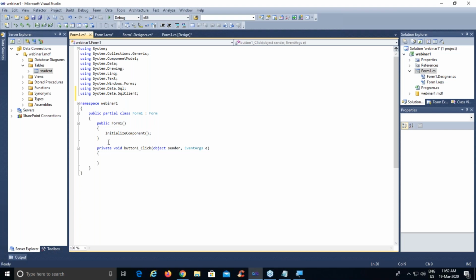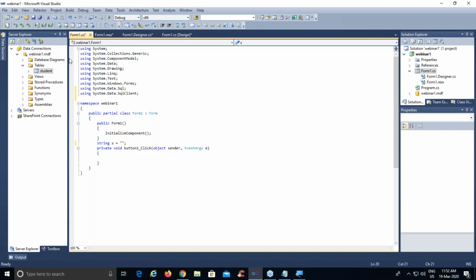The first task whenever working with a database is to create a connection string. To create a connection string, we first create one string variable, string s equals to, because our connection string will be in characters, it will be a string type.